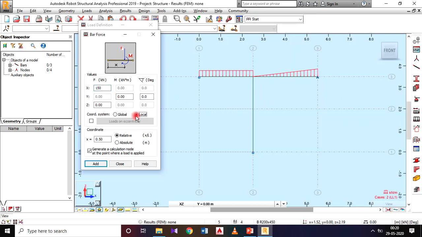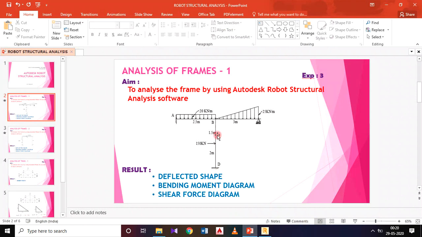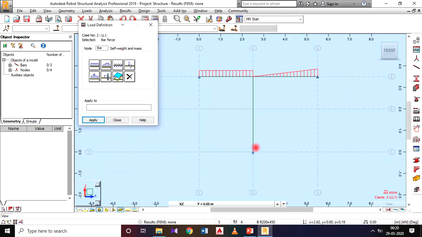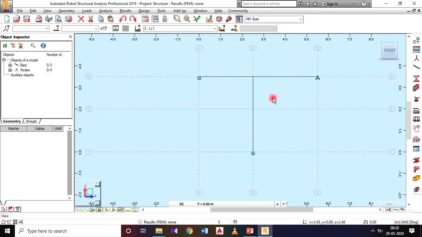And it should be local coordinate, and the distance is 2 meter from here. So I will take that absolute, and the x distance is 2 meter, then add it. From this point you just place it here. Something is wrong. So to remove that point load, okay, I will show how to remove that point load also.